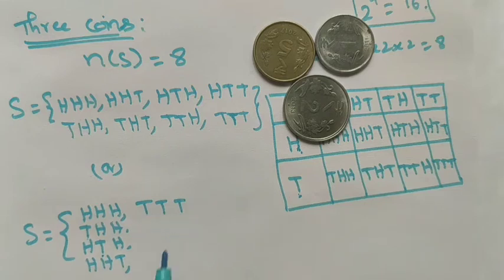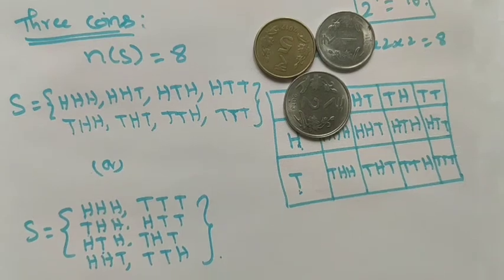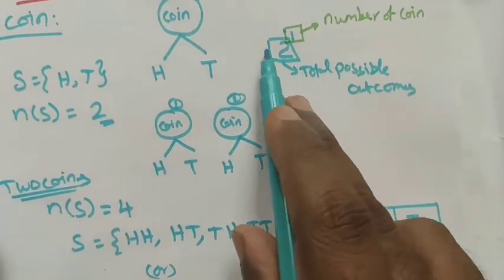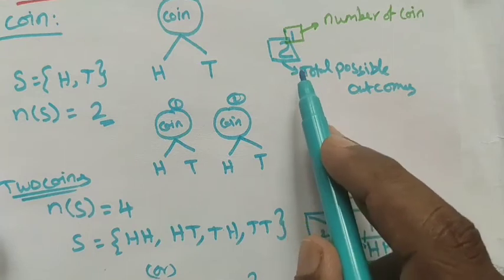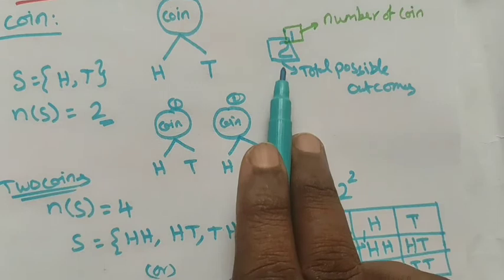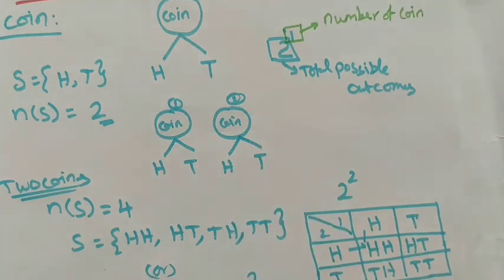Here we have tail. First one I choose head, tail, and the next term is tail, head, tail, and take this h to another side, that is tail, head. So in this way also we can find out the sample space of 3 coins. So by using this method, we can find out the number of sample space in how many coins is given. We can find it by using this method, that is 2 power something, right? What are number of coins.